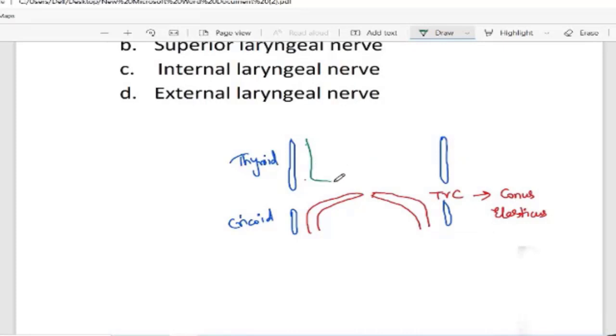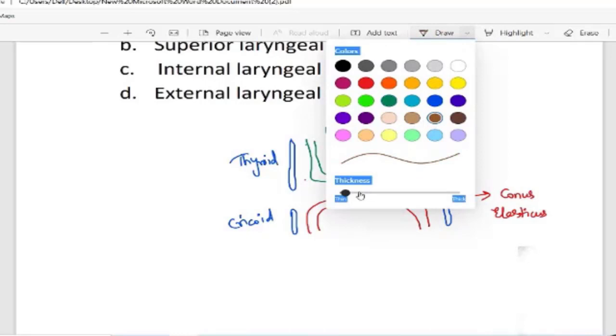And the false vocal cords are formed by the quadrangular membrane. So these are the false vocal cords, which are formed by the quadrangular membrane. So we all know that